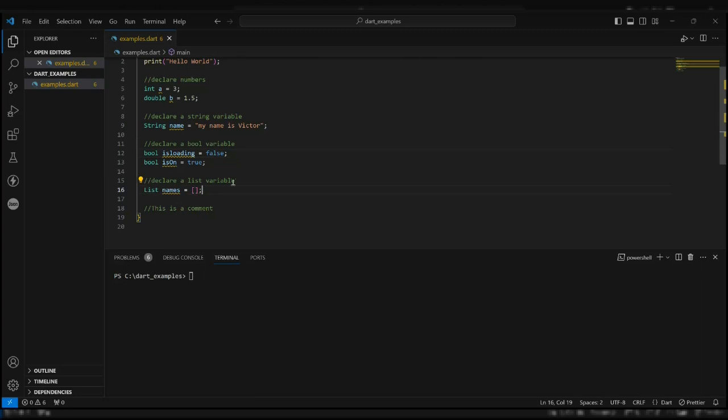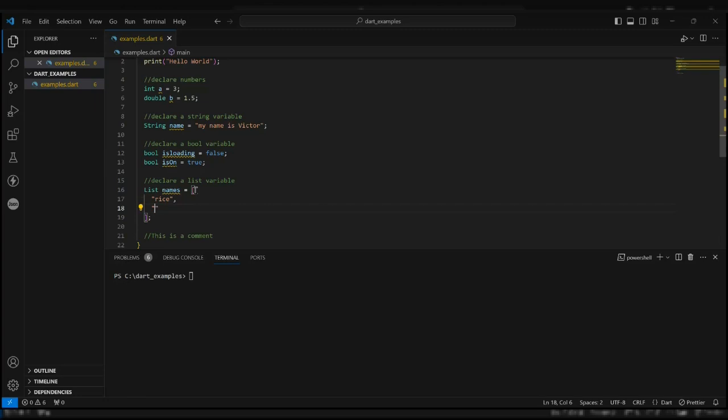So to declare a list variable, we use this square bracket. So a list can be used to group different values. So we can have names. Let's say we want a list of groceries, a list of foodstuff or whatever. We can have rice.